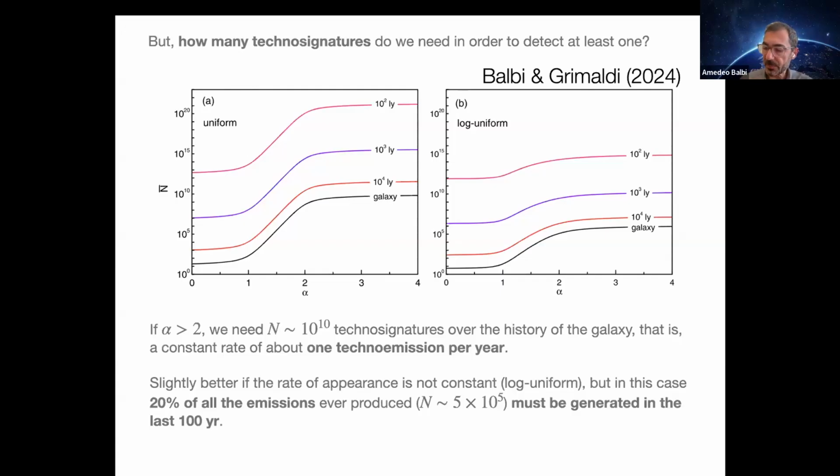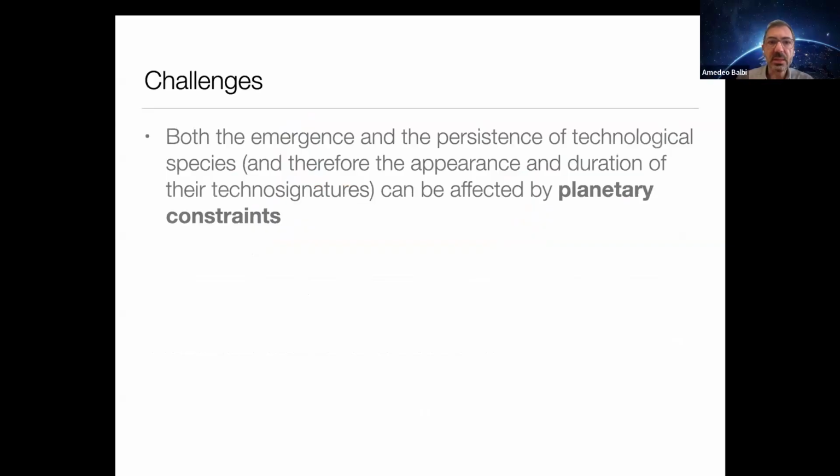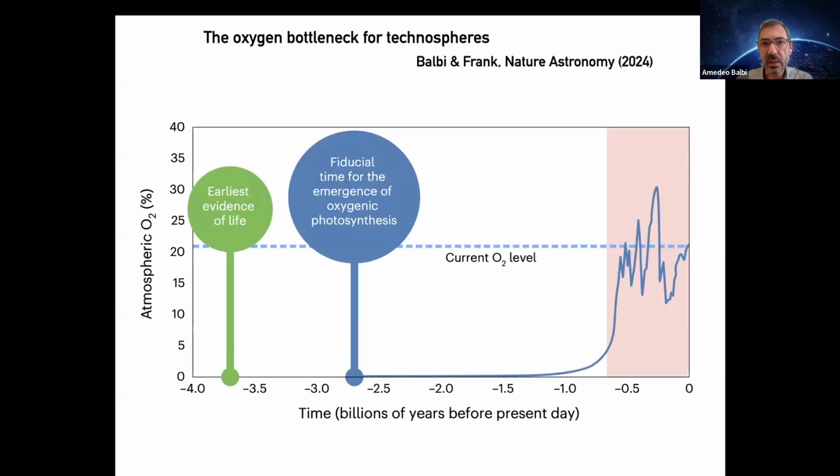Okay, so it's a difficult thing to say whether this is realistic or not. How can one get some insight on this? Well, one thing is we can play around not just with mathematics, but also introducing some physical reasoning in this enterprise. We can, for example, use planetary constraints to see what they can tell us about the probability of having technosignatures of a given duration. And one thing that we did a couple of years ago with Adam Frank was to